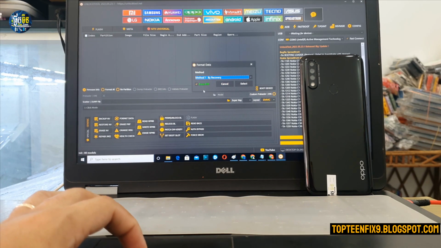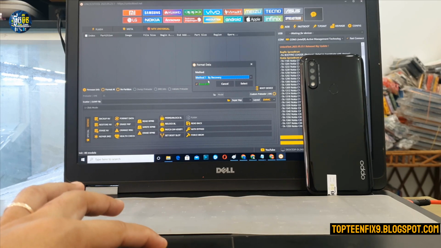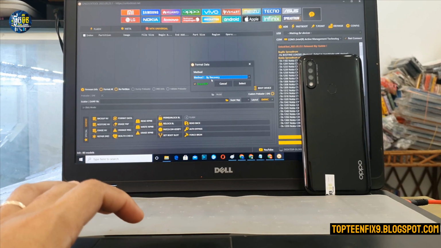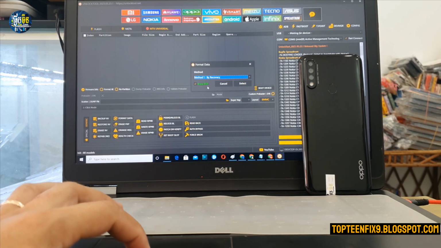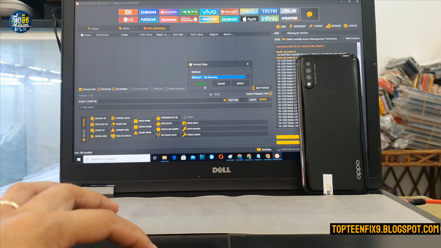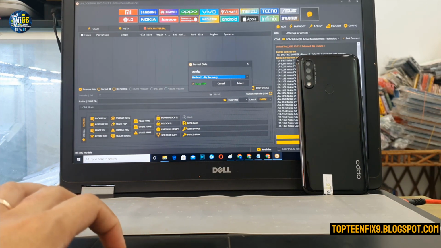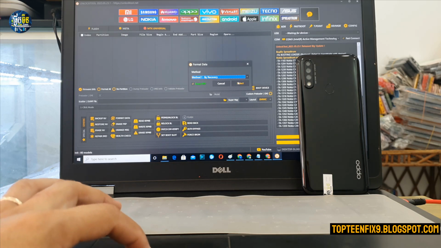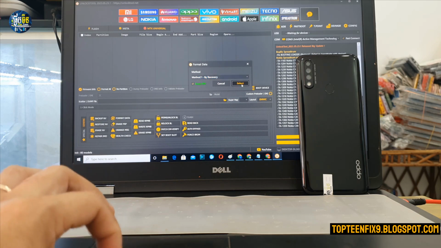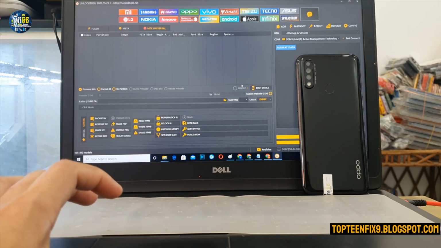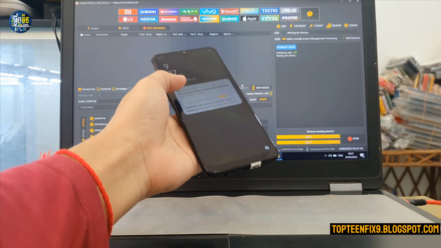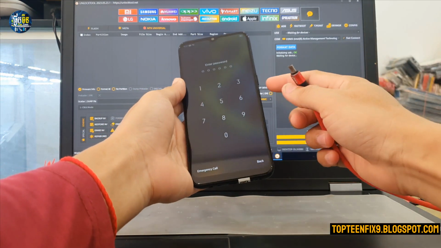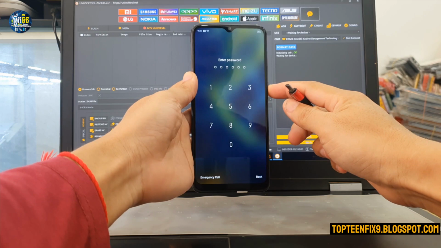and you need to check on erase FRP, because when we are doing the format data, we can also erase the FRP while we are doing the format data. So just select on it, and then you need to turn off the phone, turn it off,